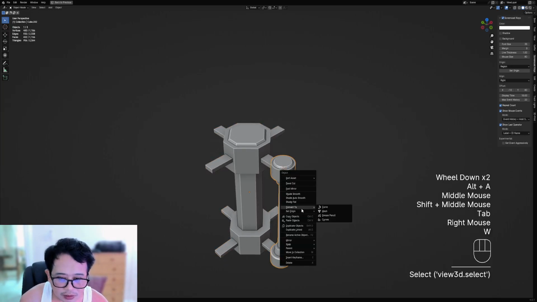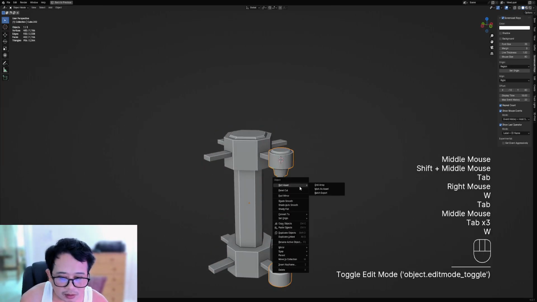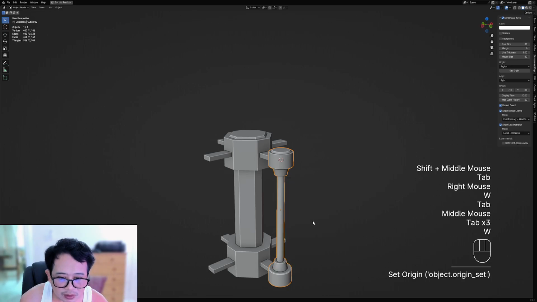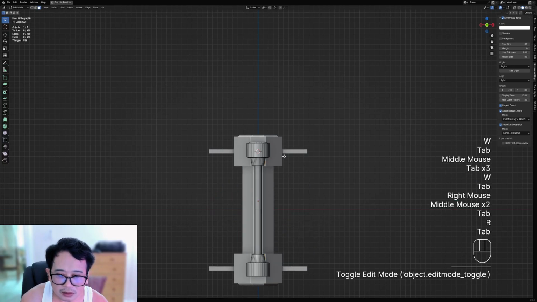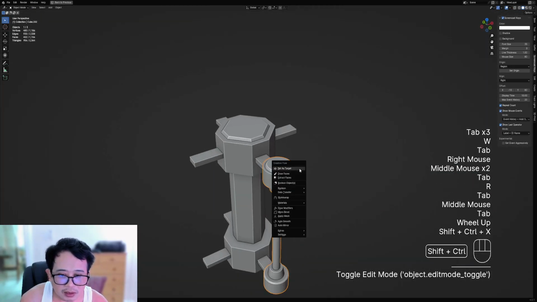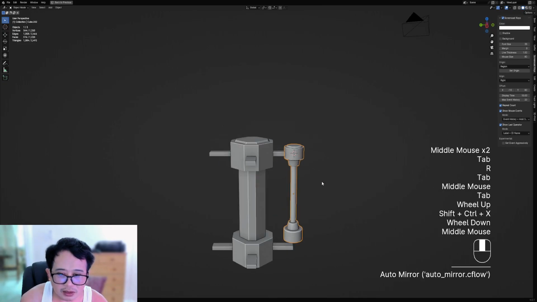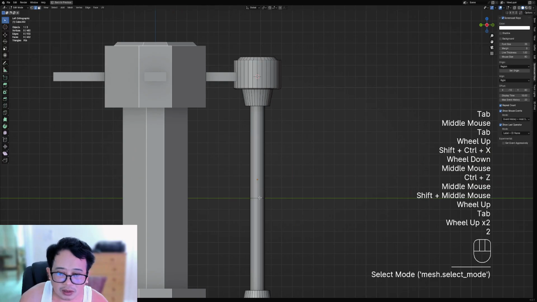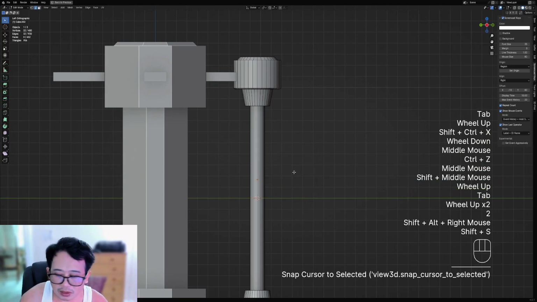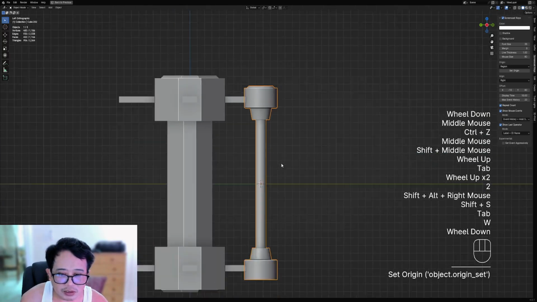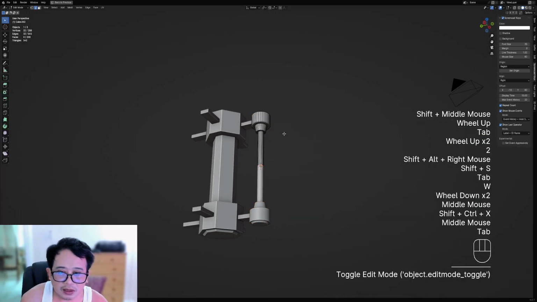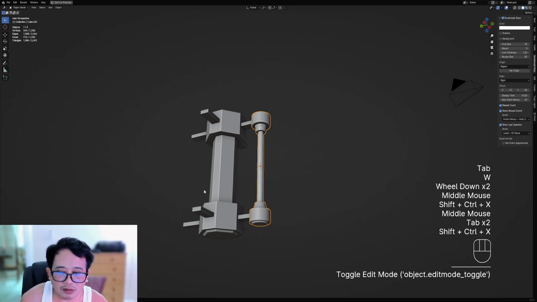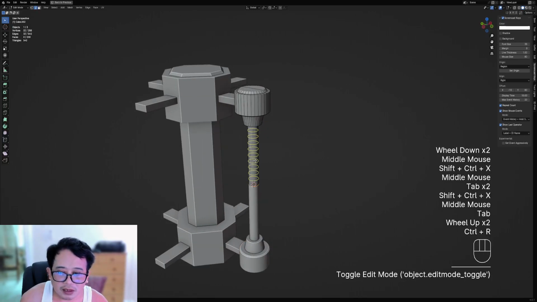Then here we need to set the origin to geometry, and now it's actually, the geometry is uneven. We need to mirror this first, Z axis. Oh no. Cursor selected, origin to 3D cursor, and then mirror Z axis. Apply the mirror, or maybe not. Increase the